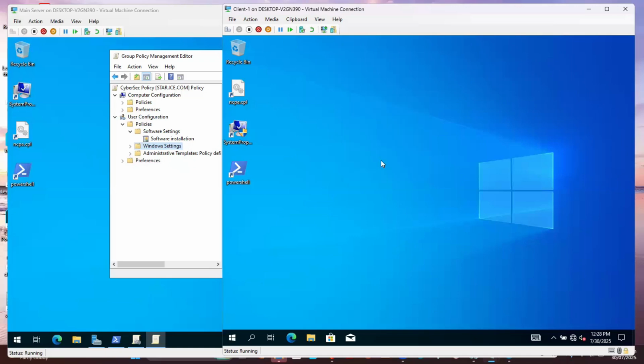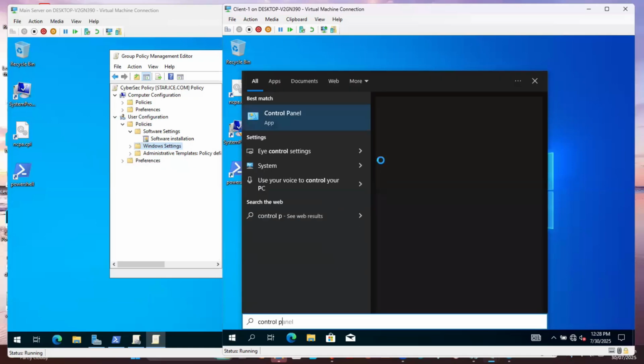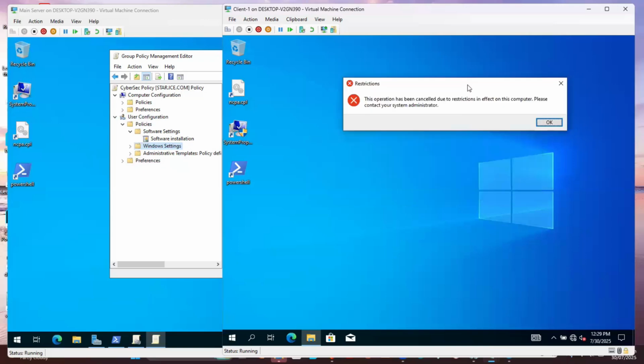And when you try to go to control panel, it won't mind you. See, it says the operation has been cancelled due to restrictions in effect on this computer. Please contact your system administrator. Okay, then it seems like that is what is happening in this country when you try to access some sites,